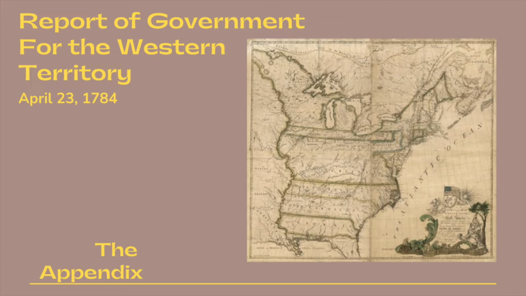The committee to whom was recommended the report of a plan for a temporary government of the Western Territory have agreed to the following resolutions. Resolved, that so much of the territory ceded or to be ceded by individual states to the United States as is already purchased or shall be purchased of the Indian inhabitants and offered for sale by Congress shall be divided into distinct states in the following manner, as nearly as such cessions will admit, that is to say, by parallels of latitude, so that each state shall comprehend from north to south 2 degrees of latitude, beginning to count from the completion of 45 degrees north of the equator, and by meridians of longitude, one of which shall pass through the lowest point of the rapids of Ohio, and the other through the western cape of the mouth of the great Kanawha,